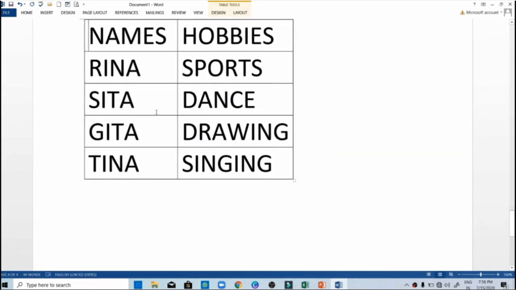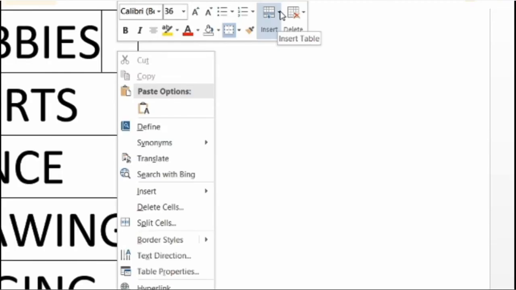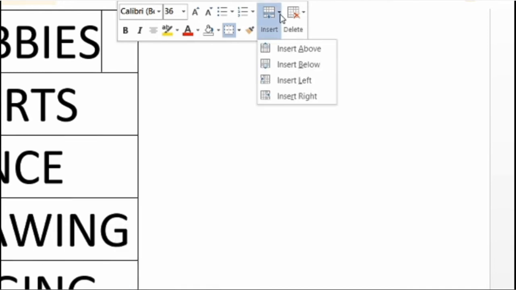See, this is how you can even change the size of the table by selecting it with the mouse. Now in this you see I have taken two columns and 5 rows, but now there is no space. I want to insert more data to it. So you right click, and you will get this window on your screen.